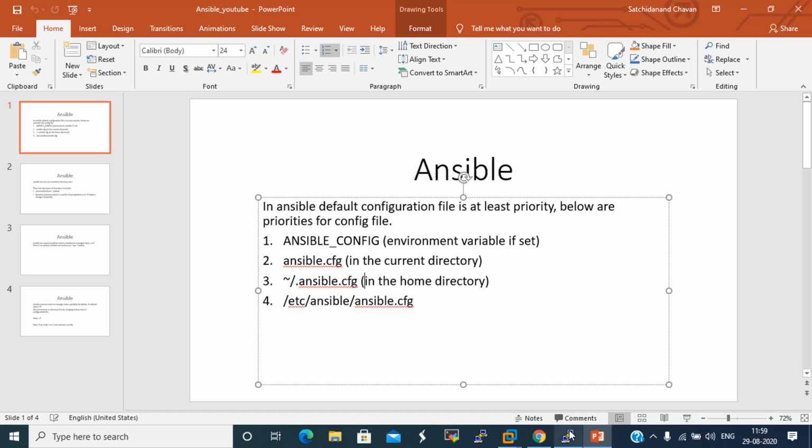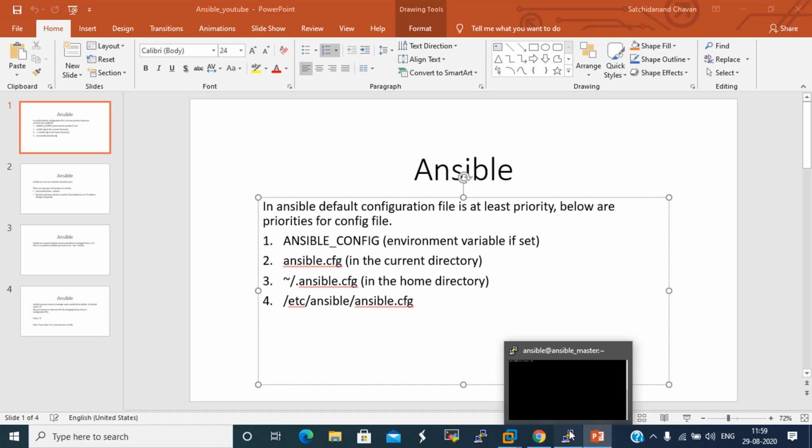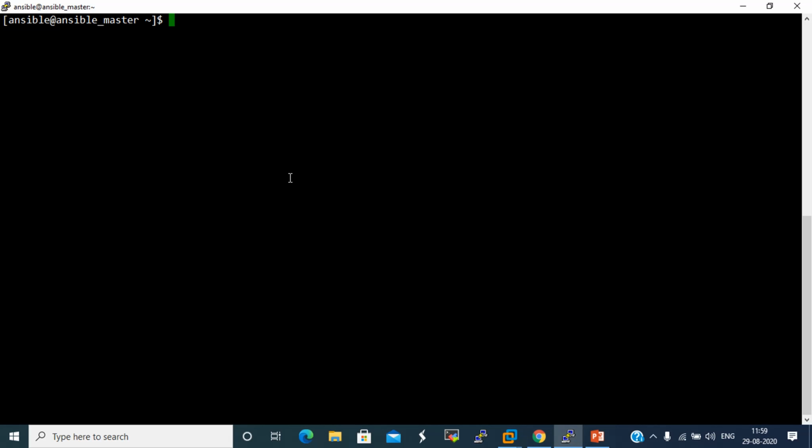So first we will check this. This is our master node, or the controller node of Ansible engine. First we will check the Ansible version.